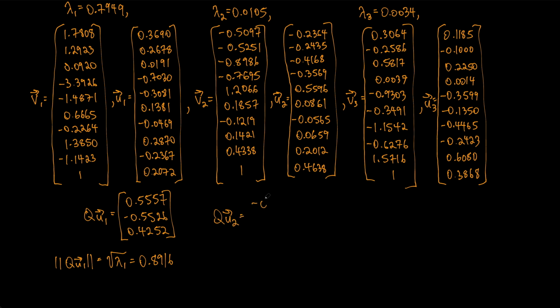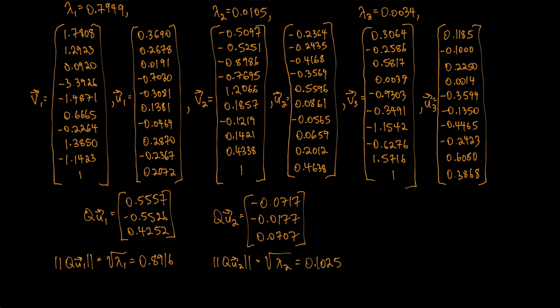We get negative 0.0717, negative 0.0177, 0.0707, and looking at the length of QU2, that does turn out to be the square root of lambda 2, which is 0.1025. If we look at QU3, then that's negative